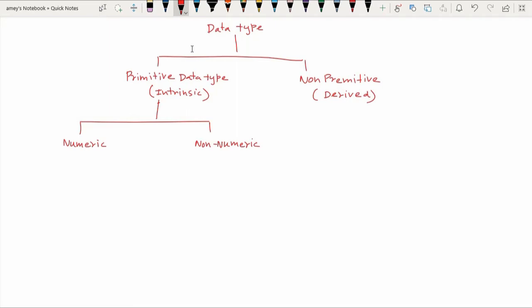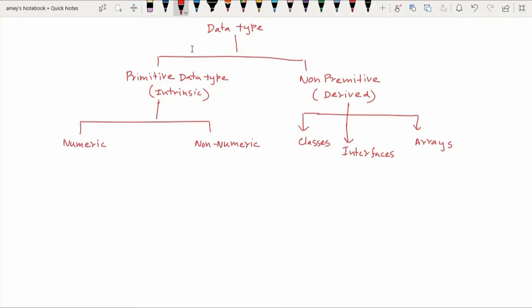Whereas the non-primitive or derived data types are of three types: you have arrays, you have classes, and you also have interfaces. So these are the three derived data types in Java.